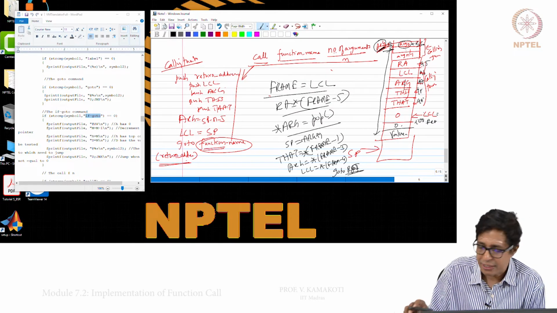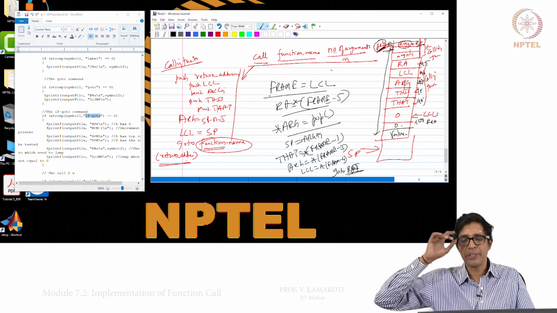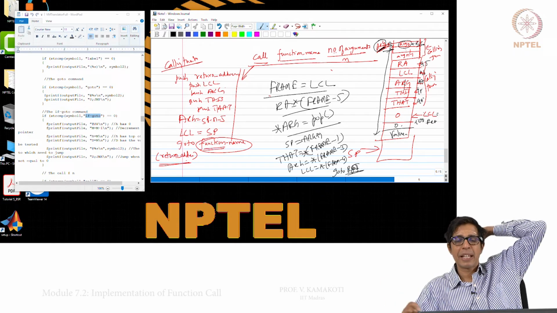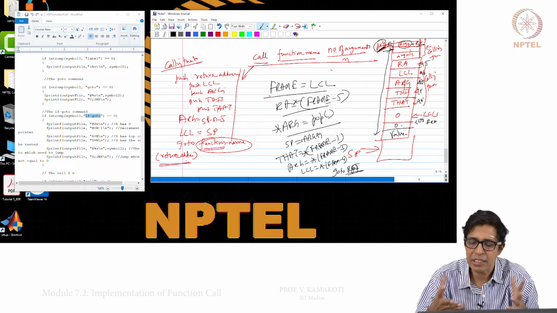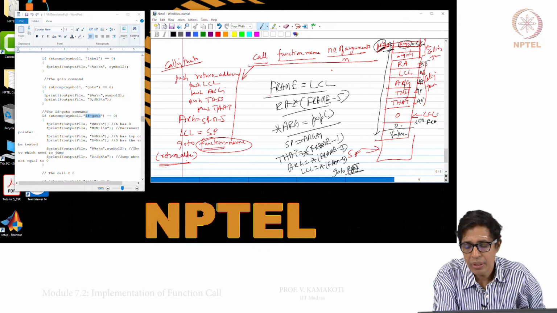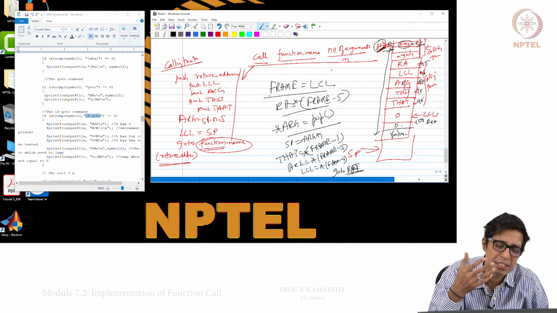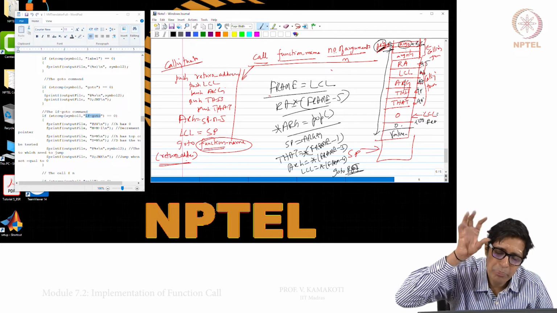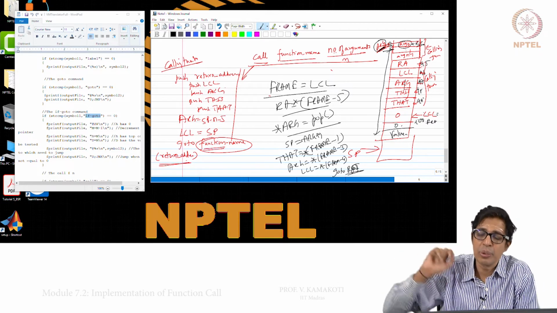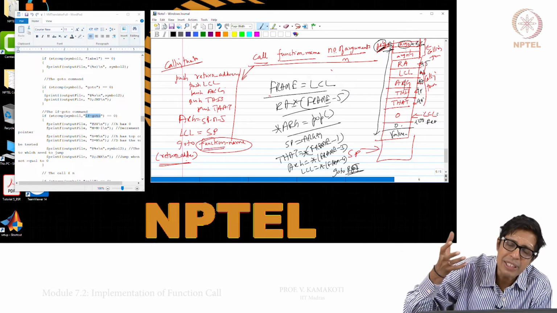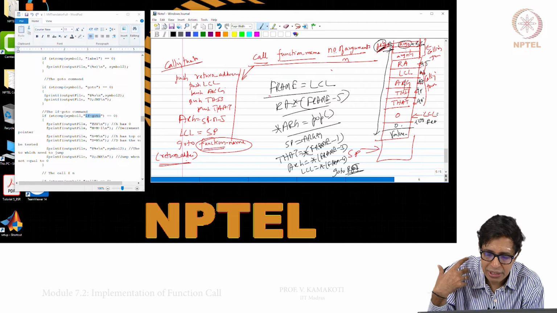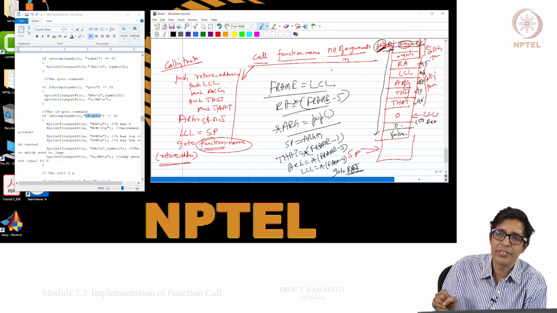So, this is what the return does. What will the return do? Return basically returns back to the called function, and while going back it restores the LCL, ARG, THIS and THAT of your calling function, so that the calling function starts executing at the same point where it left. And also note that the return value will be on the top of the stack when the calling function gets back the control. So, it can pop from the stack and take the value that the called function has actually generated.